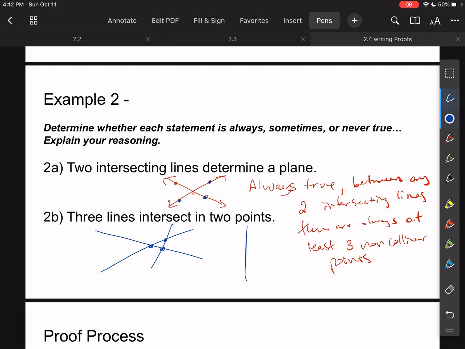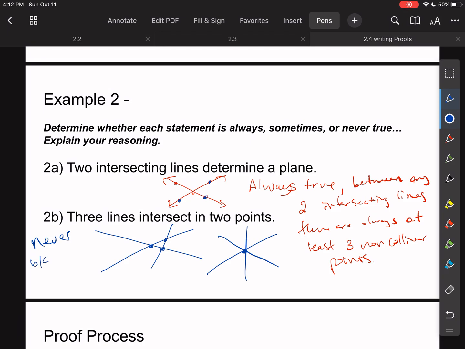The other way that I could do it is I could do this, where they all intersect at 1 point. But I don't believe there's any way that I can get them to intersect in 2 different points. Okay, so for this one I will say never, and if you disagree with me, you can try to draw an example. But I would say never,